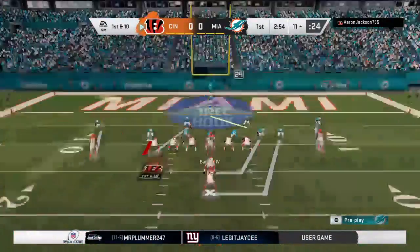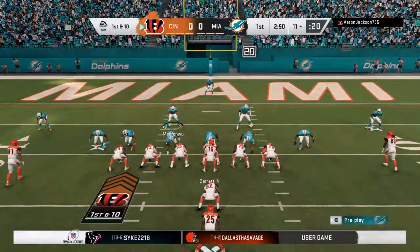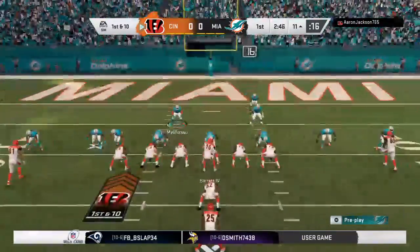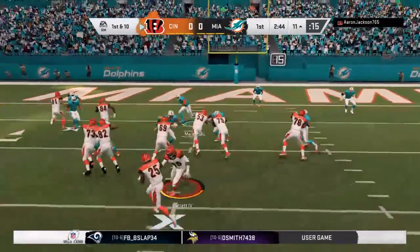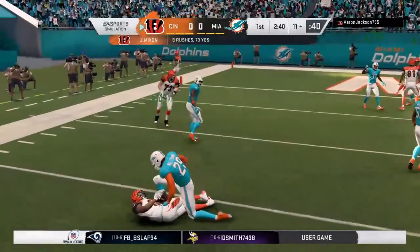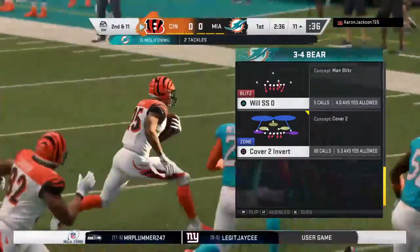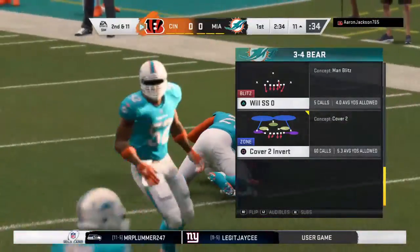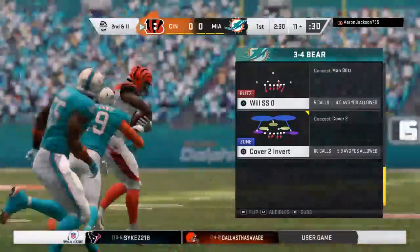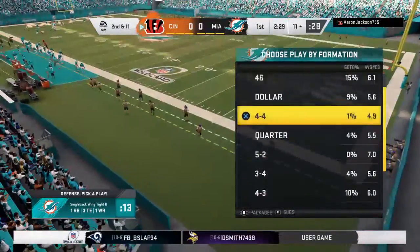Back-to-back good plays have them on the move on first down. Now Mixon. And this play doesn't go anywhere. Backwards, losing yardage to the 11. This drive starts with 2 steps forward and now 1 back. A pair of first downs, and here a loss of yardage. At the 11-yard